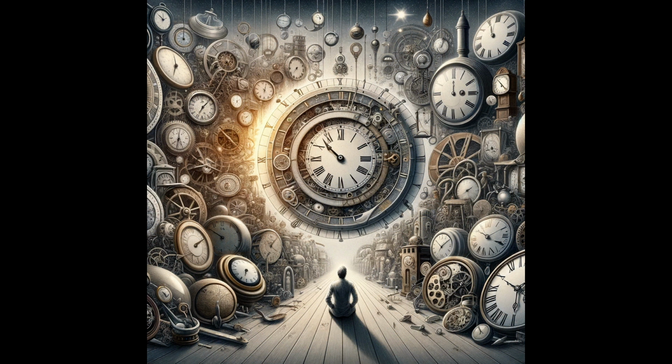After all, time may be fleeting, but the story of the clock is one that will endure for generations to come. Tick-tock,